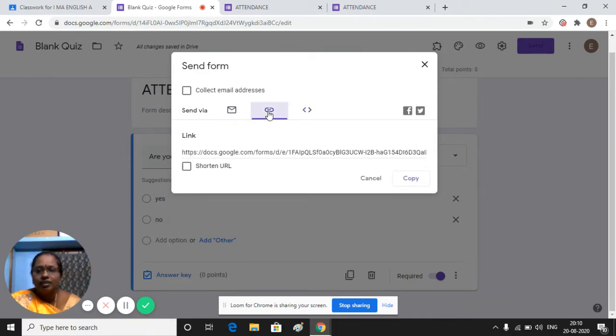So we'll invite by link. The link is longer, so you have to shorten the URL, give the shortened URL, and then you can copy it. This copy you can send through WhatsApp. That URL is sent through WhatsApp. You ask the students to mark their attendance.